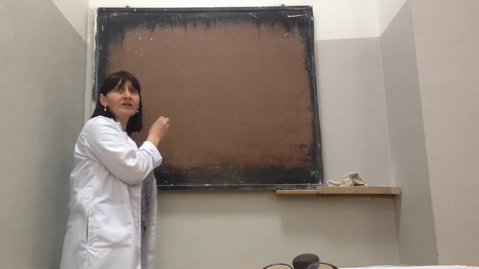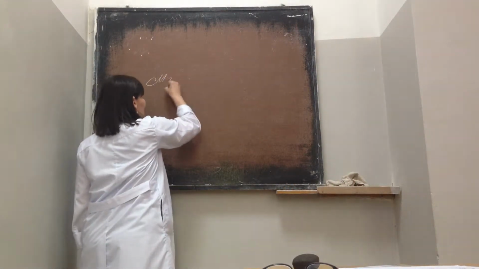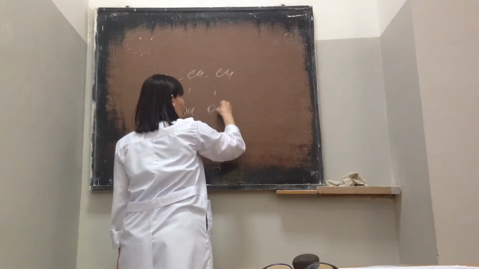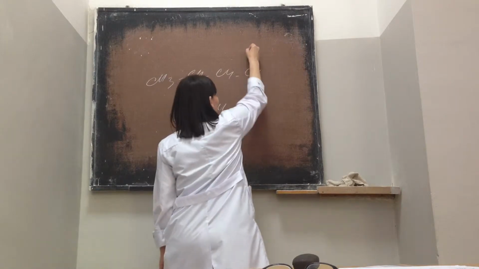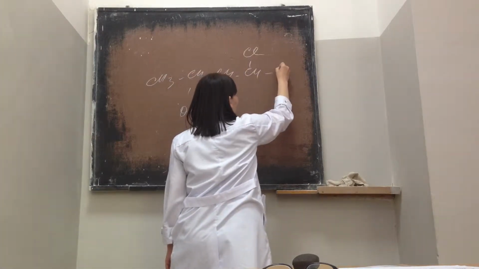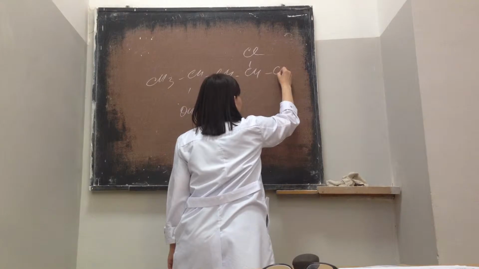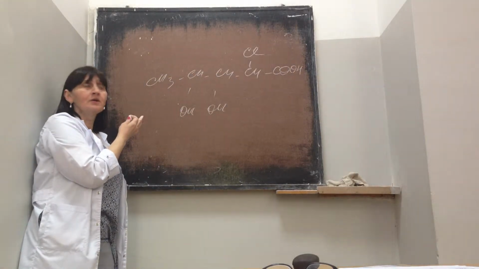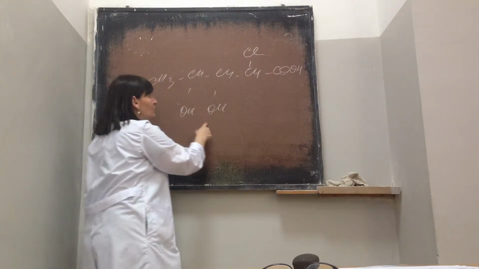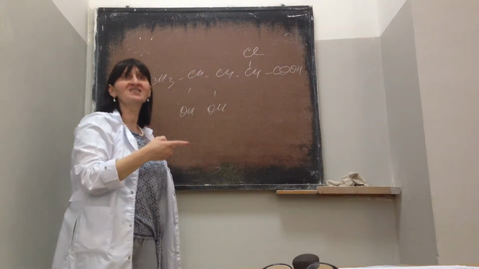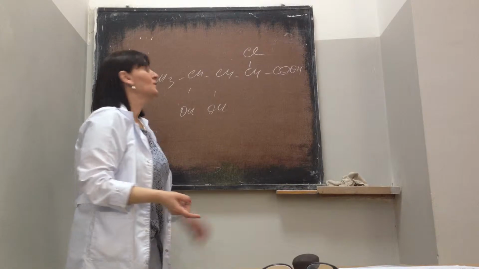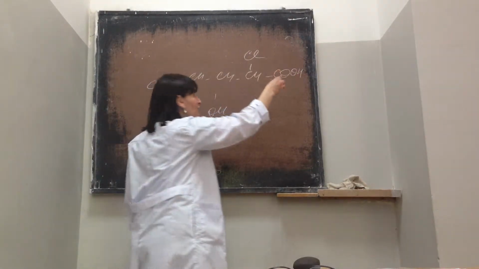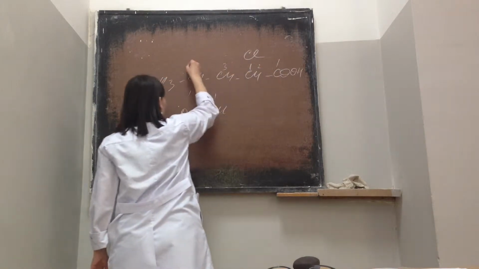Please look at the molecule. For example, if you have CH3, CHOH, CHOH, CH, and here you have Cl and COOH. What is this? How many functional groups do you have here? Four: 1, 2, 3, 4 functional groups. Which one has the highest priority? In any case, you have to start numbering from this one, from the right one. 1, 2, 3, 4, 5.